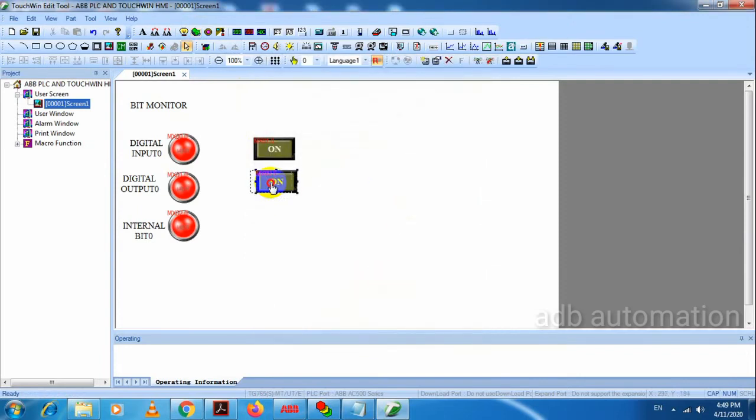Now we will give the names for these buttons. This is digital output 0, and this is internal bit 0. So we are going to switch on these bits through HMI. Here we are going to monitor these bits.